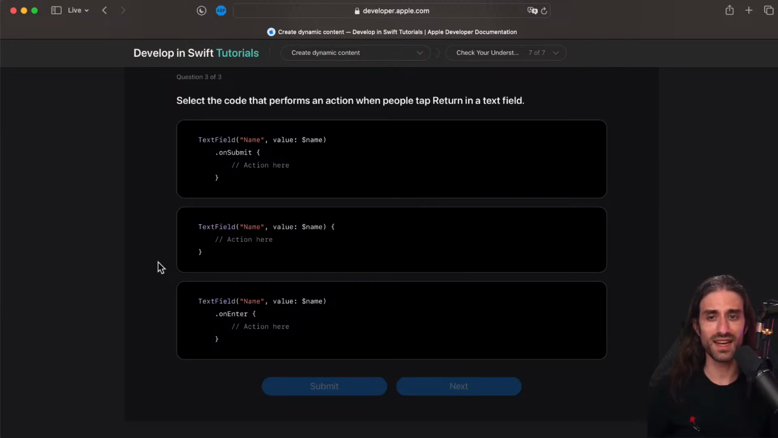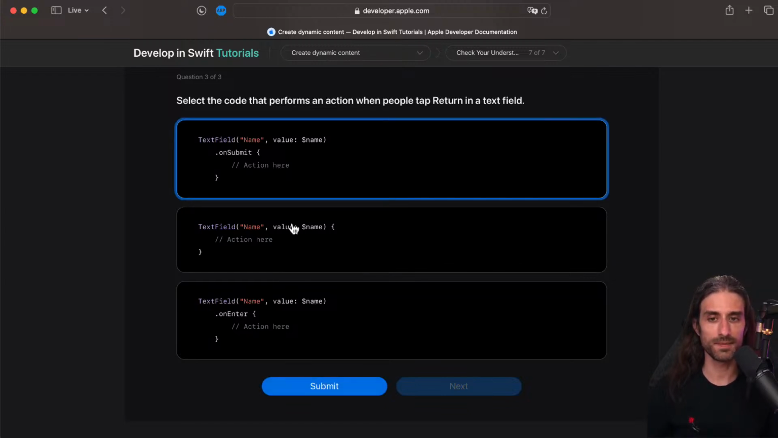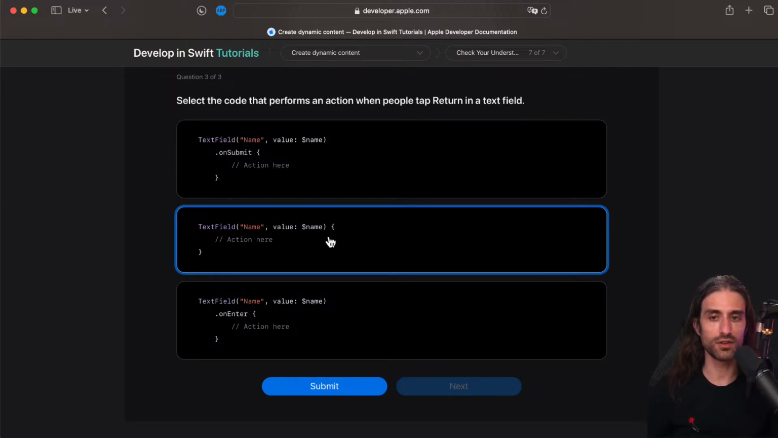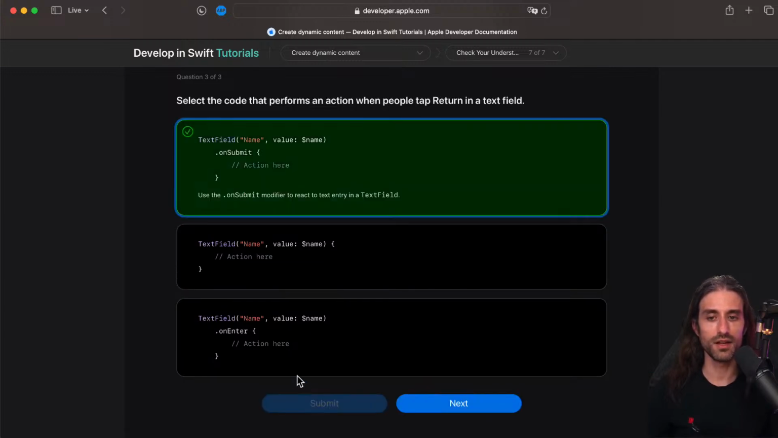And last question: select the code that performs an action when people tap return in a text field. So we have the onSubmit modifier. Here we have a closure passed to the init of the text field, and a closure passed through the onEnter modifier. So it's onSubmit; we saw that this is not the correct syntax. It could be, but it doesn't really make sense, because you don't always need to provide a closure for what happens when you hit enter on a text field. So it makes sense that you provide it only when needed through a modifier, and the name is onSubmit, not